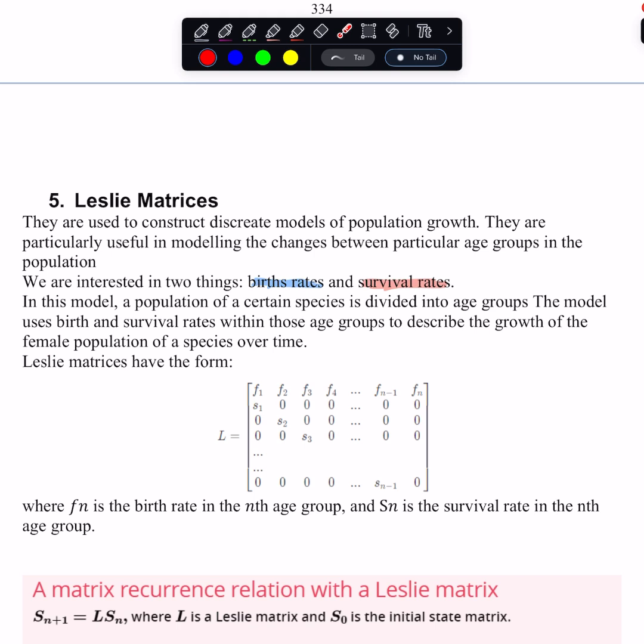Now, the form of the Leslie matrix is kind of like that. This is obviously written generally, but the main characteristic is that it's a square matrix. And the first row is super important. The first row would be the birth rate. Okay, the first row would be the birth rate, and the second,